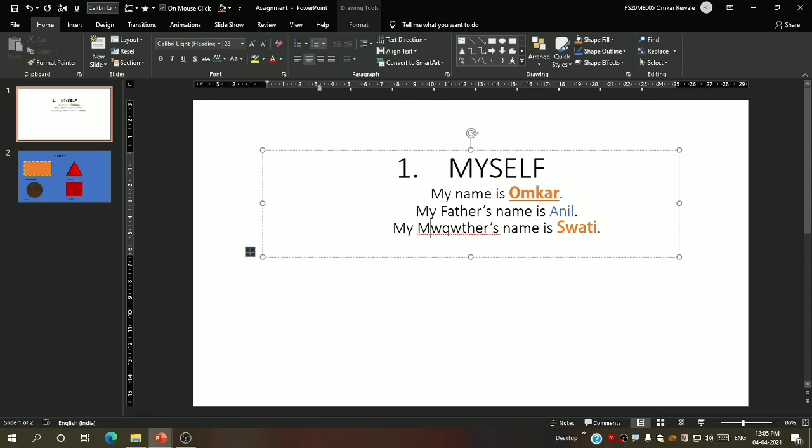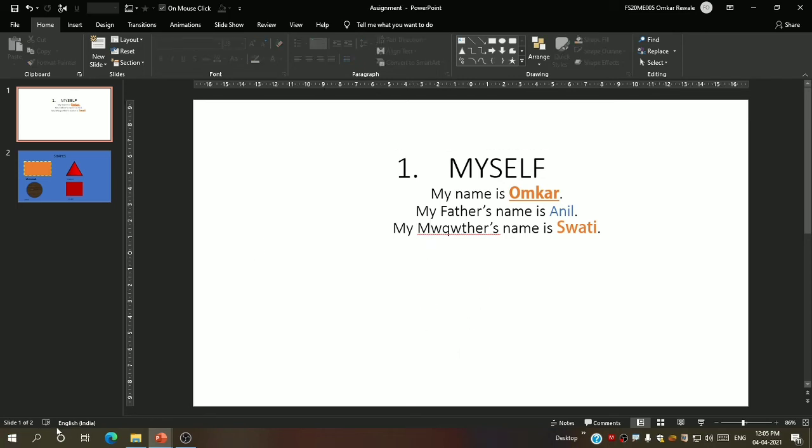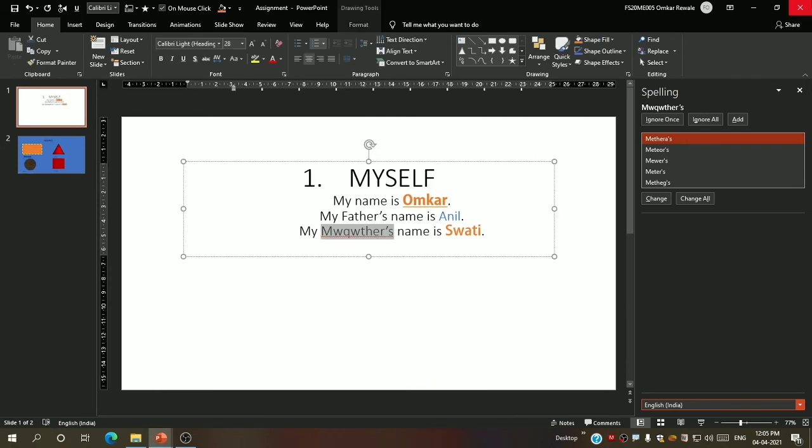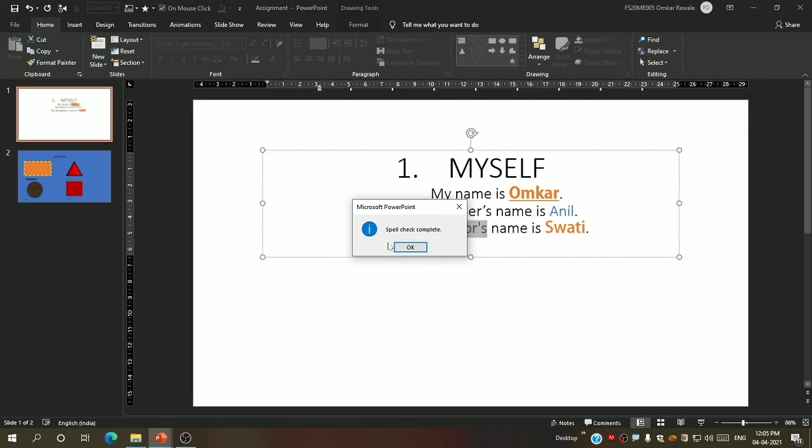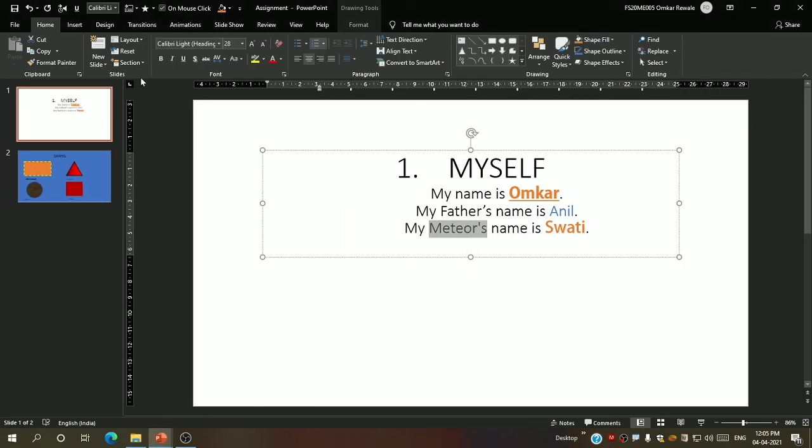Now you can see the red color line below this, so this is something wrong. Here it will show you some correct options which can replace this word. You can also ignore once or ignore all the mistakes, or you can add this word in your dictionary, or you can change by clicking over here, and I will say change. Spell check completed, and you can see the word is changed.